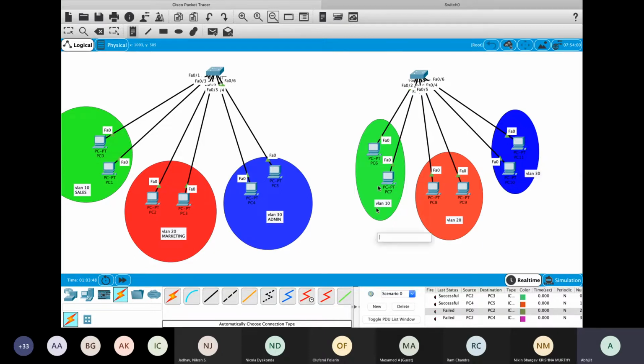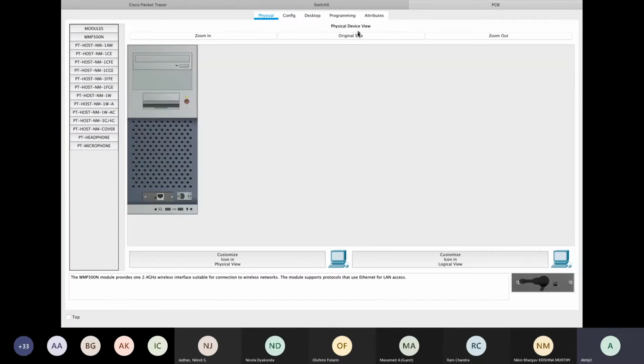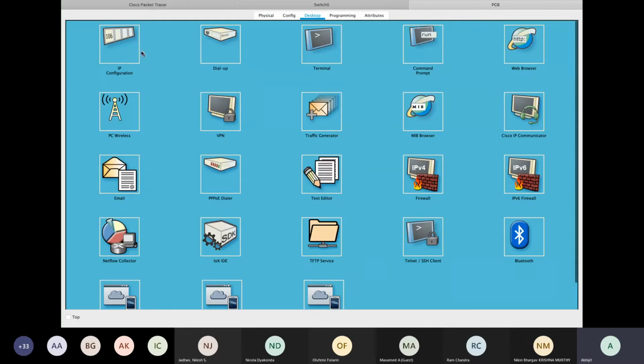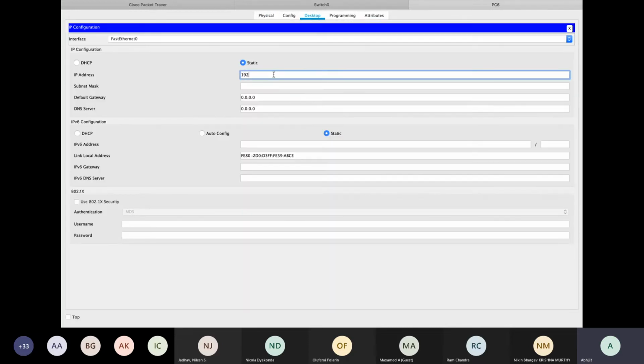Then I'm going to assign them the IP addresses. Okay, so I'm going to go on to the PC1, and I'm going to continue with the same range of IP addresses that we have. So we have assigned 1.1, 1.2, 1.3, 1.4, 1.5, 1.6. I'm going to continue with 7, 8, 9, 10, 11, 12. So I'm going to go on to this PC and go to the desktop and IP configuration, and 192.168.1.7,